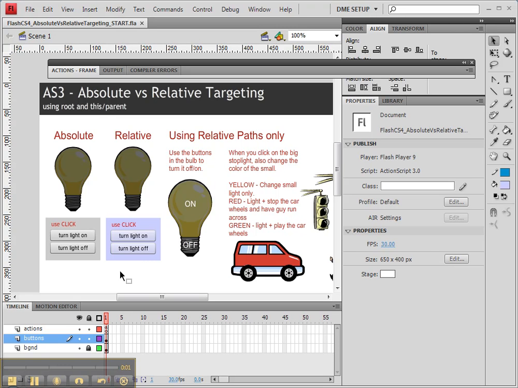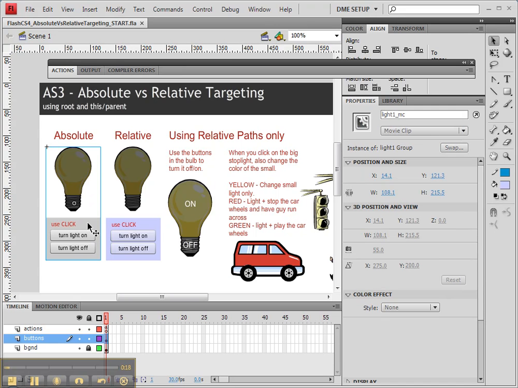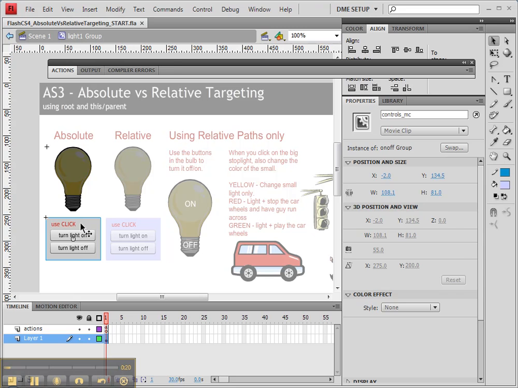In this next tutorial, we're going to be working with our absolute targeting. Now, we're also going to be using the Insert Target Path tool, and you'll notice that this creates some really long targets, but it'll be at least absolute targeting. So let's go inside of the absolute targeting movie clip for the light bulb, and then go into your controls,